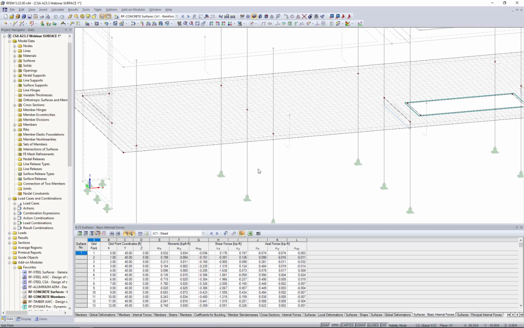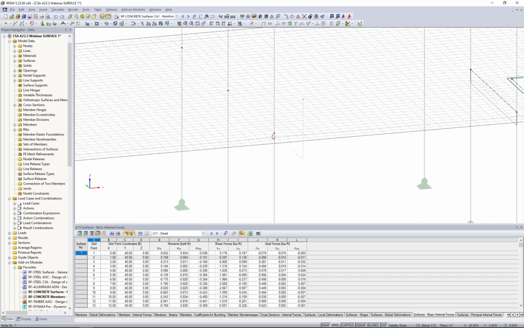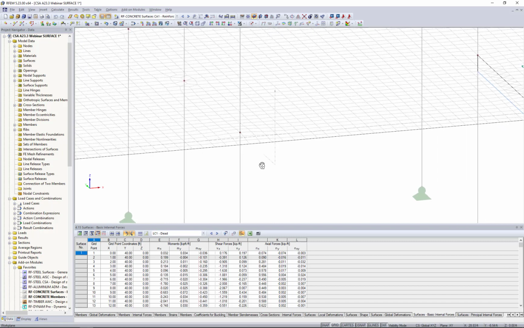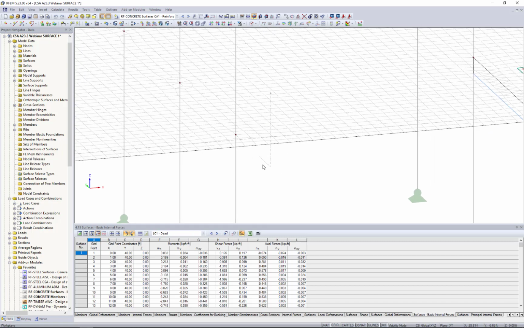singularities. Now the first option within this column framing into the slab is we can create something that's called a rigid zone. So what we'll do here is to model a rigid plate that will actually just be used to distribute the load from the column to the surface. It's about 14 by 14 inches, so we can account for the true dimensions of that column for the load